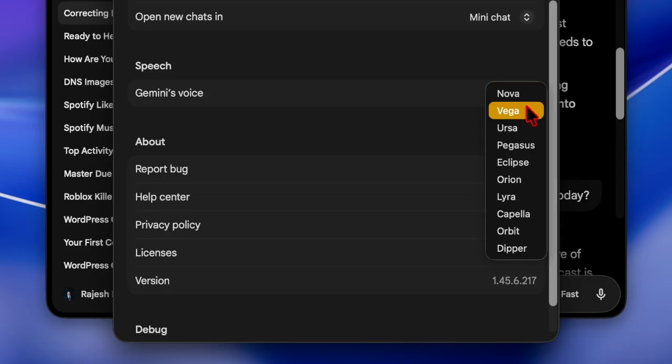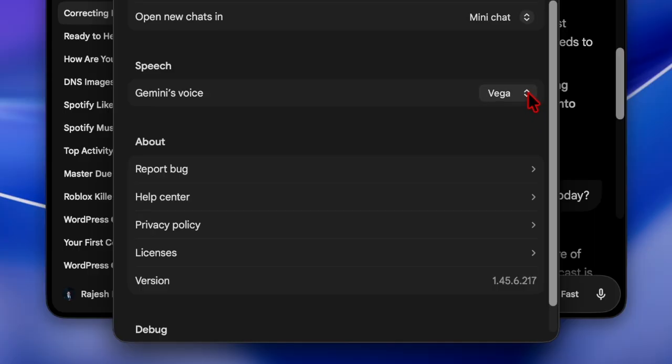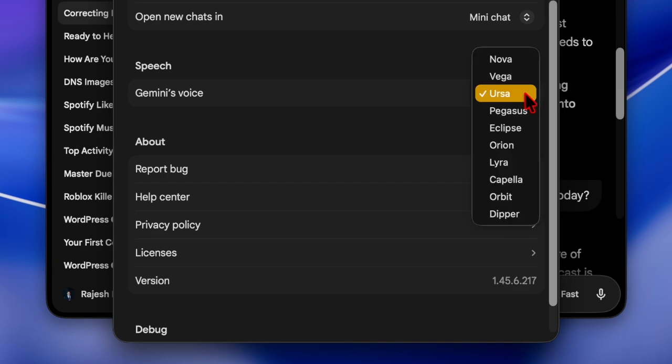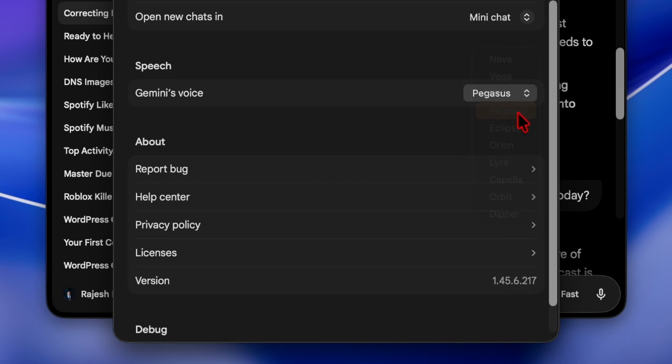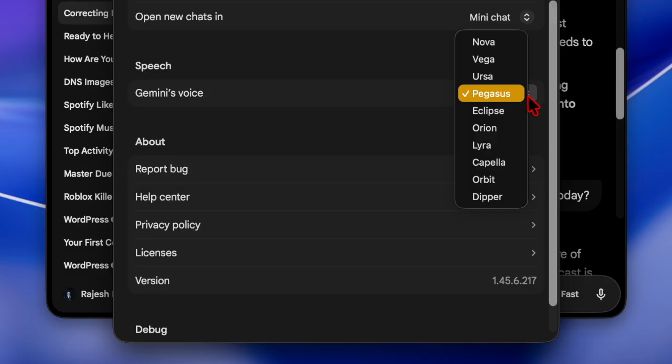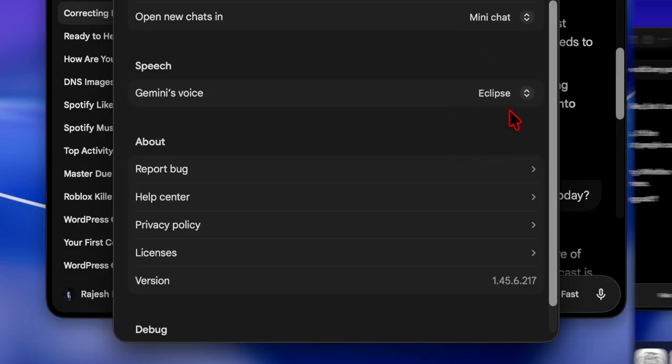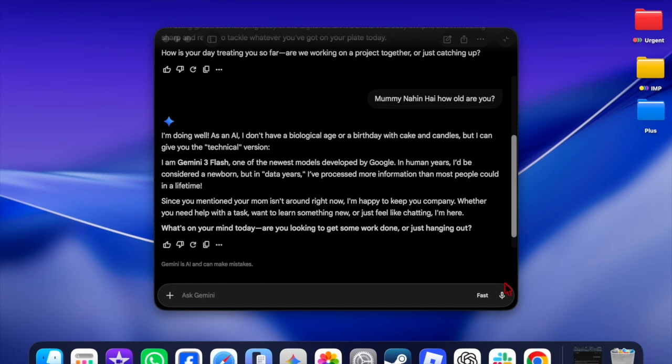the preferred voice. Since there are several voice options including male and female ones, you can pick the right option based on your liking. Now make sure to play each voice to figure out how it sounds for you, and that's about it. Changing the voice in Google Gemini is a quick and easy way to personalize your interactions and